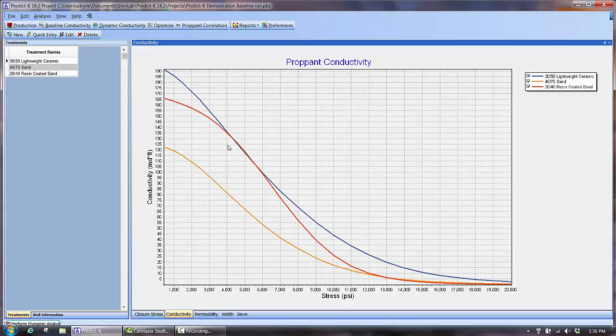With this information, you should now be able to use dynamic analysis to find realistic conductivities under reservoir conditions. This can help you develop reasonable expectations for relative well performance of different fracturing schemes from whatever reservoir model you might be using. In the next video, we'll be using PredictK's production analysis mode to find those estimates for well